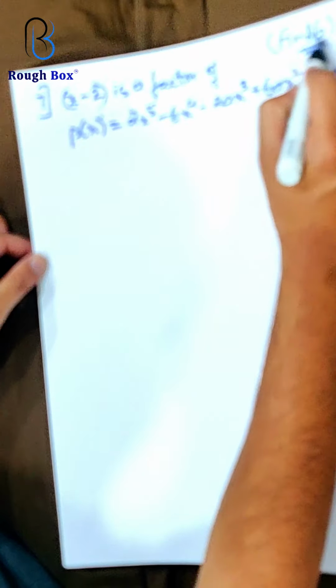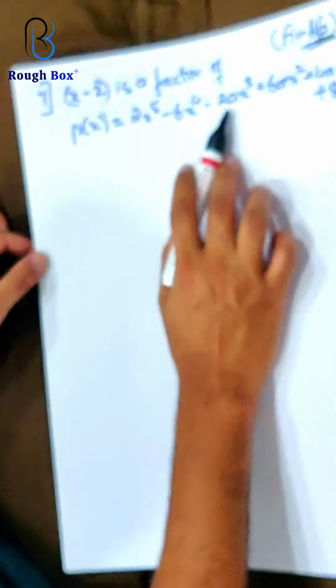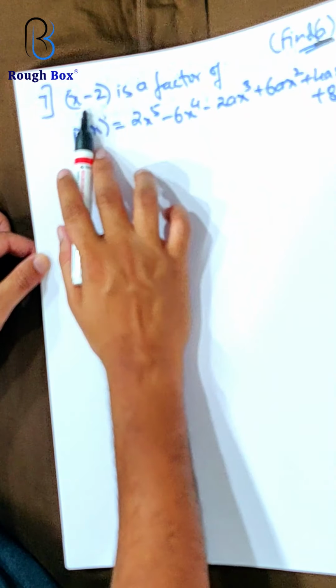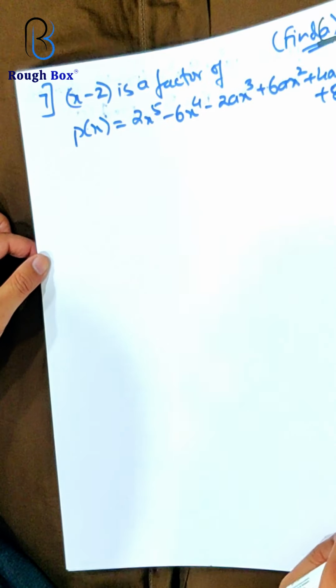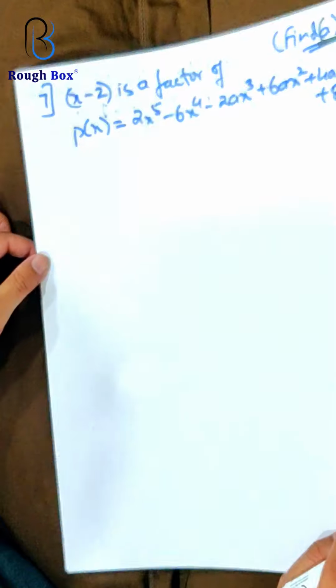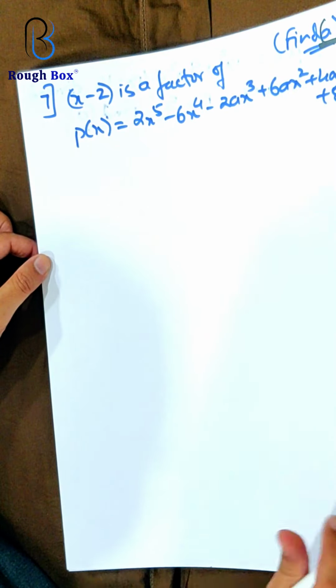The target is to find the value of a, that is one missing variable here, where they say x minus 2 is a factor of this. Come on, pause the video, go ahead. Now I'm sure I've given you the basics. You can easily excel. Try it out.